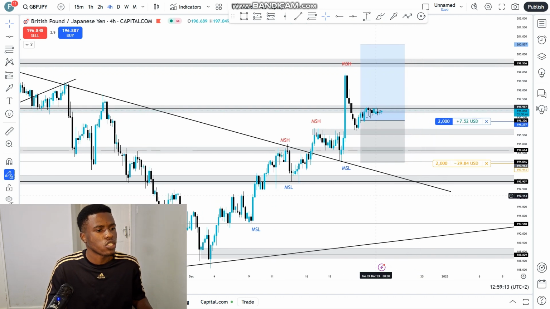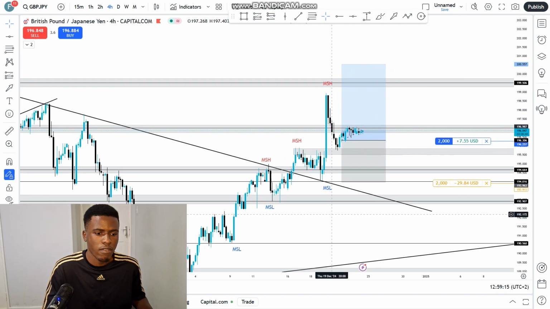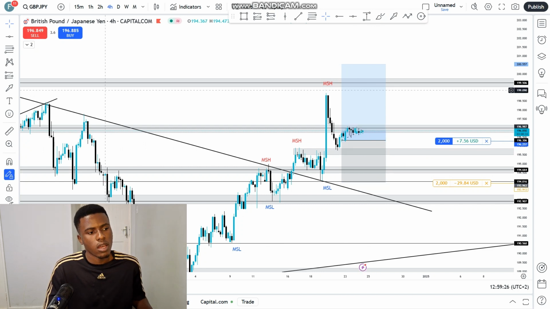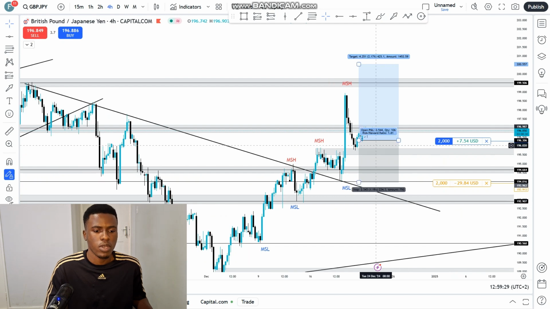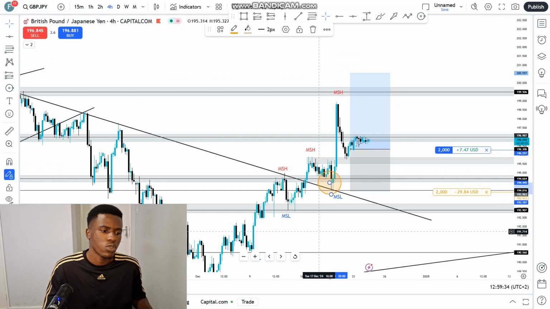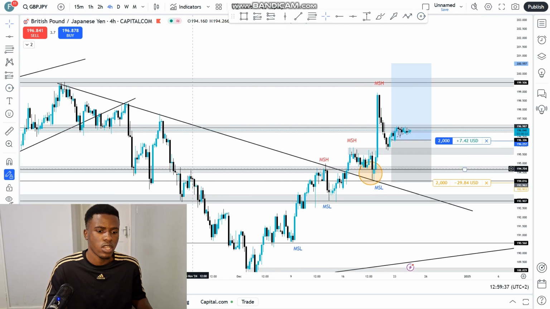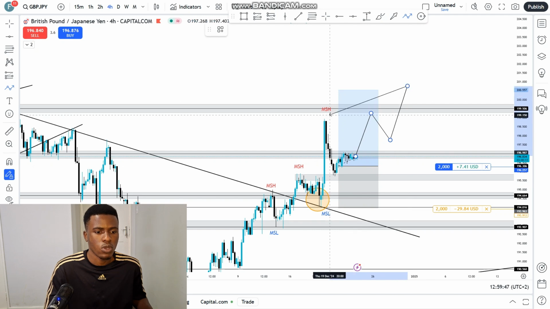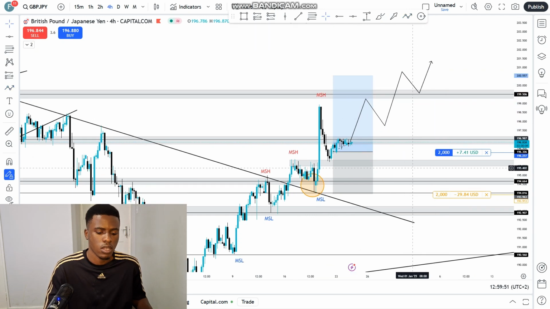And then moving on to GBP JPY. On this one, I have a long position, like I said, risk on season. So I'm expecting the yen to be weaker relative to its peers. So I'm expecting a continuation to the upside as long as we respect this swing low right here. You can see that we've been in a downtrend right here, and we previously broke it right here, and then we continued to the upside. So I'm still expecting this one to continue going up and maybe breaking this swing high, right, and a continuation to the upside.